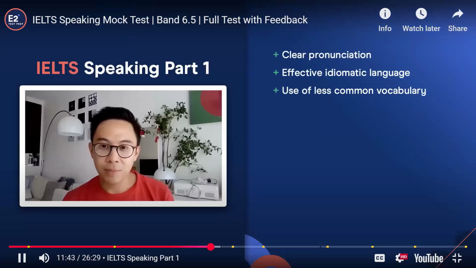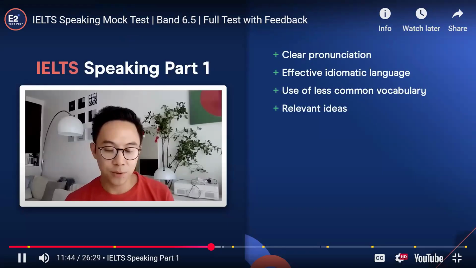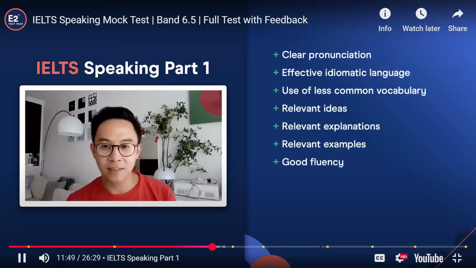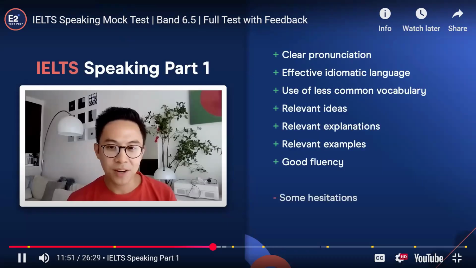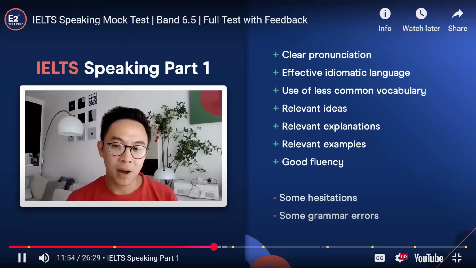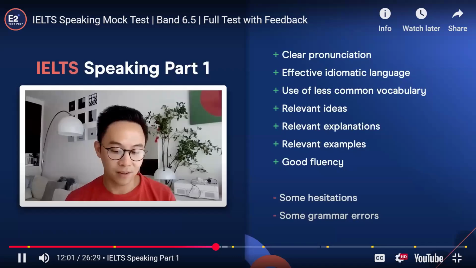He generally answers the questions with relevant ideas, explanations, and examples, and overall, his fluency has been good, despite some hesitation. Although Tim made grammar errors, so far they haven't stopped us from understanding his meaning. However, to get a better score for grammatical range and accuracy, I'd advise Tim to revise the use of verb